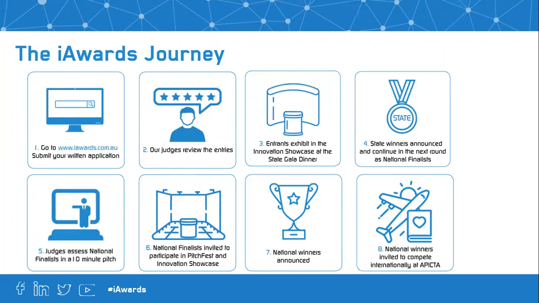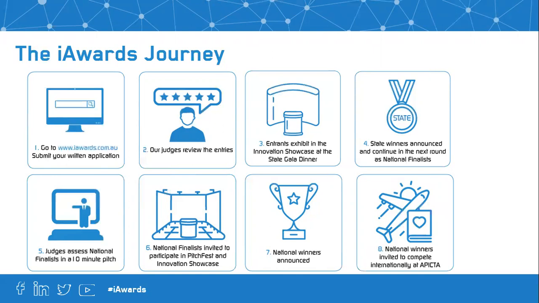The journey starts off, you go to our website and you complete a written application, which has a series of questions, and that's the judging criteria that you'll be answering in those questions. The judges will assess them online over a period of about 2 weeks, and you get assessed on a state-by-state basis. So you're essentially in round one in that written application competing on a state level. In about May and June, we will announce who the winners are in every state. We call them the state winners, or you can also be referred to as the national finalists.